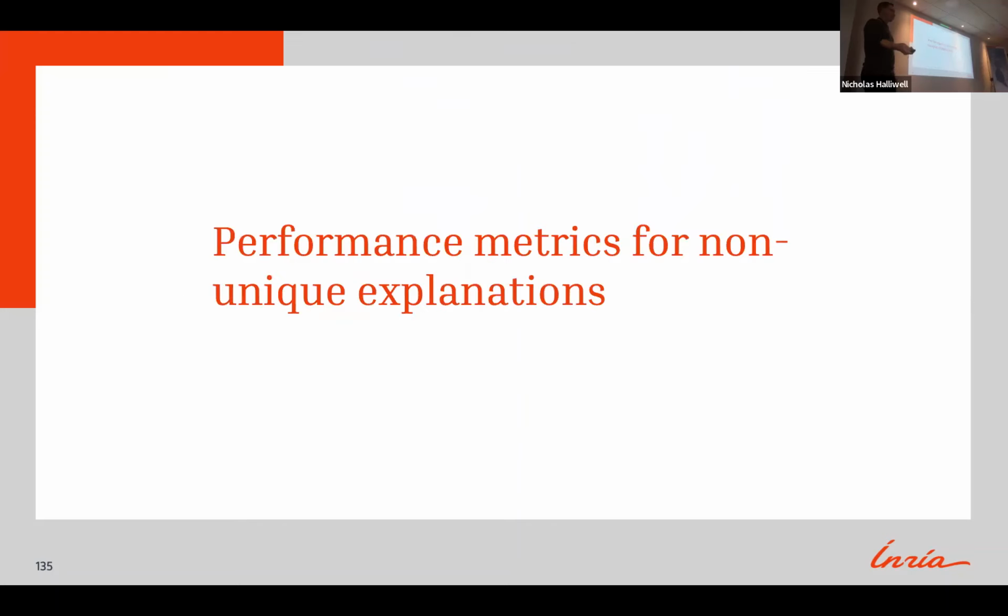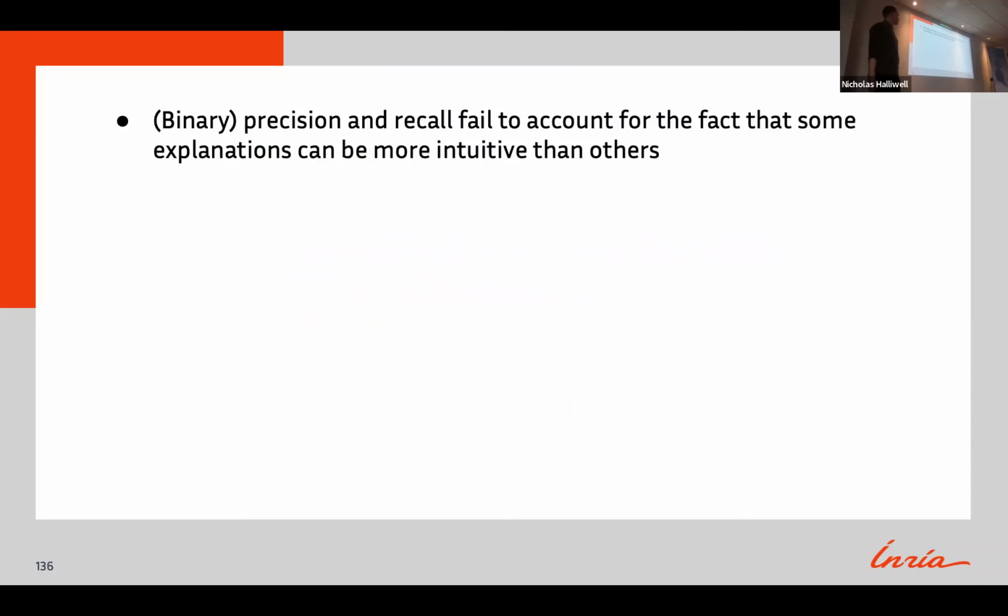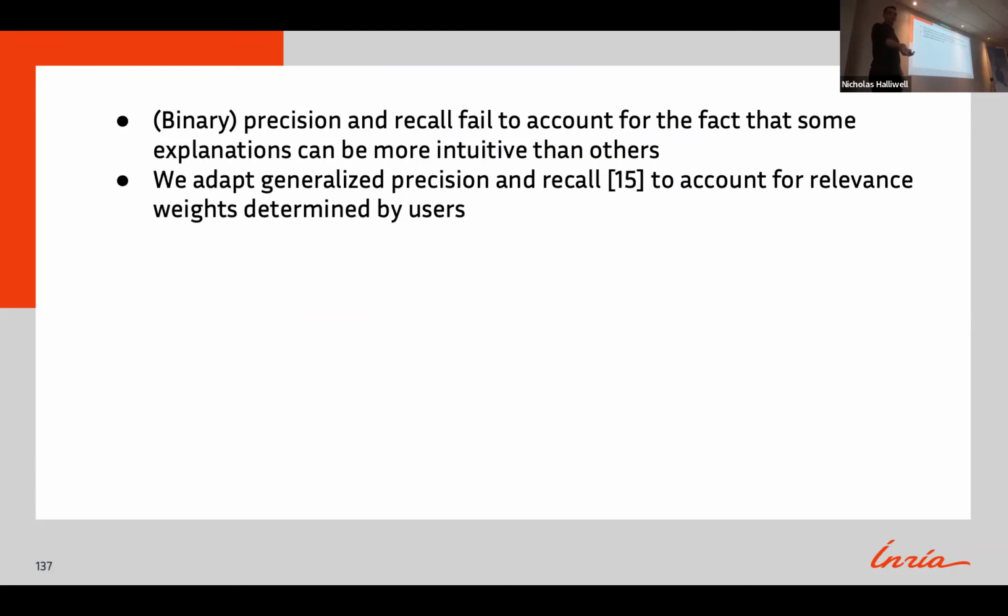So we also propose some performance metrics for non-unique explanations. The binary precision and recall fail to account for the fact that some of these explanations can be more intuitive than others. And so we adapt the generalized precision and recall to account for the relevance weights as determined by the users in the experiment. So starting with the generalized precision, we have